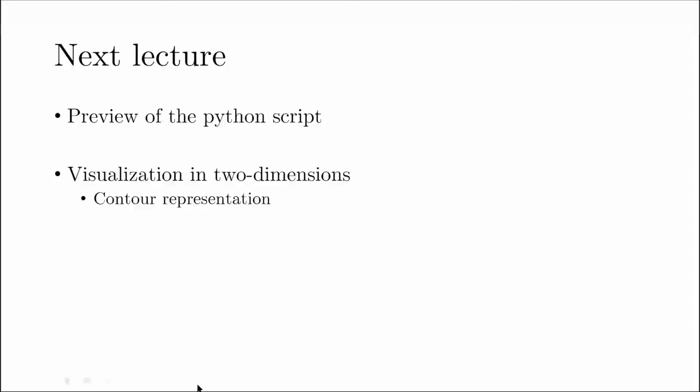And in the next lecture, I'll also talk about how you can visualize your data. So suppose you have obtained a converged solution or a converged temperature field, then how can you really visualize it. So in the one-dimensional case, we had looked at the plot command. Because it was 1D data, you can represent or visualize it as a line. So in this case, we would have 2D data. So there are multiple ways, and we would look at a few of the ways in which we can do that.